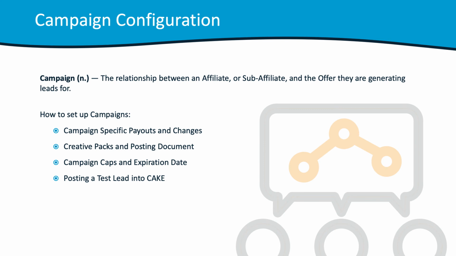So on the offer card, we talked about how you can set 1,000 leads per month. I'll show you how to create that on the campaign level, which will just impact this one particular affiliate. And then ultimately, we'll end our demo with actually taking that campaign and posting a test lead into Cake so that you can see how that URL structure looks with the campaign ID and key on it, and then also